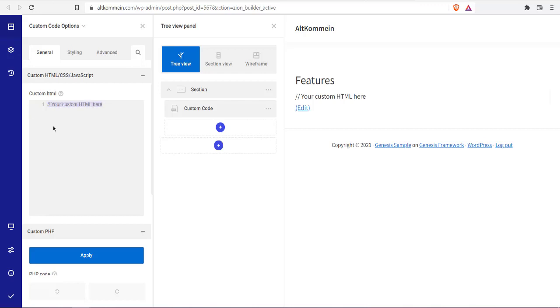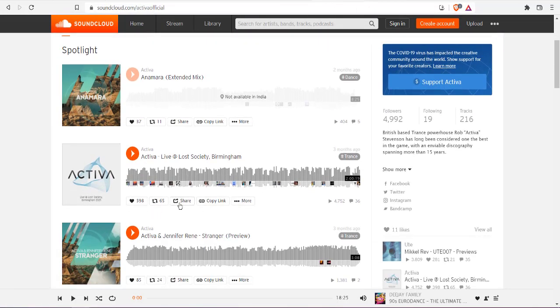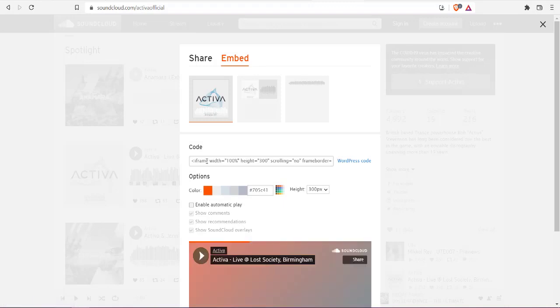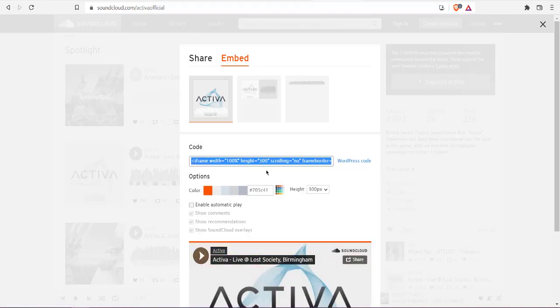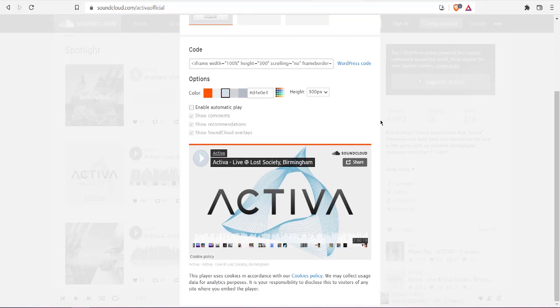Now we have to find the iframe for that SoundCloud object, so go with any track, choose share, click on embed, find the iframe code, copy it. You can adjust with the options like say player color, right? Then copy the code, come back to the post where you wish to insert that,